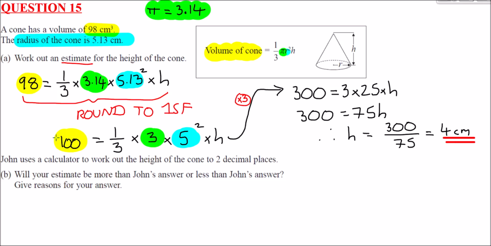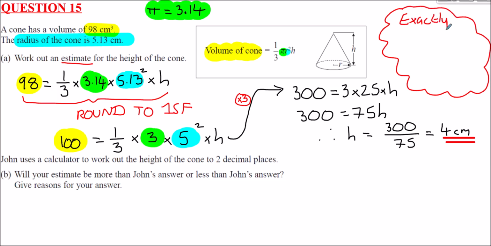So, John uses a calculator to work out the height of the cone exactly to 2 decimal places. Will your estimate be more than John's answer or less than John's answer? So let's just think this through for a moment. If we're doing it exactly. Well, the exact